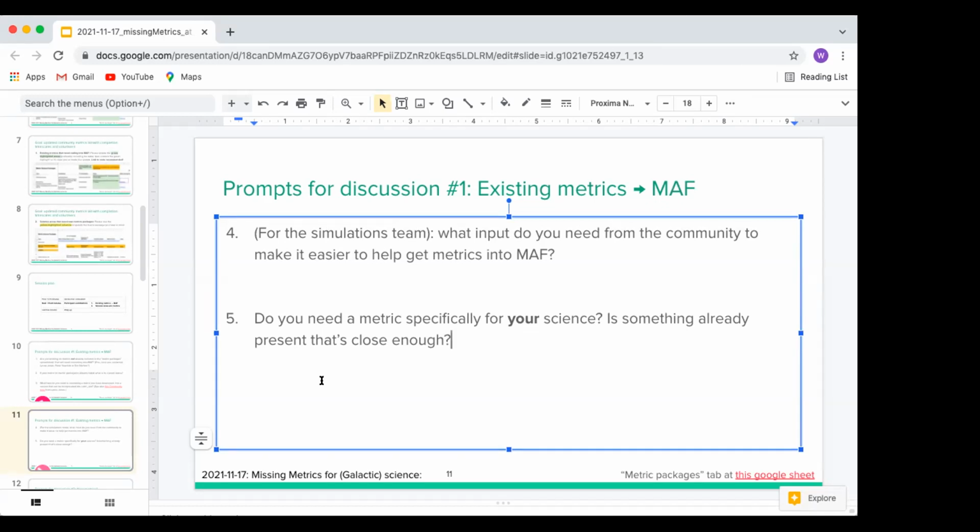So one of the examples I had when I was looking at this was the transients metric packages page. For example, there's number of kilonova detected and the dev status says ready for math integration. But as far as I know, we have that and we're running it on all of the simulations.